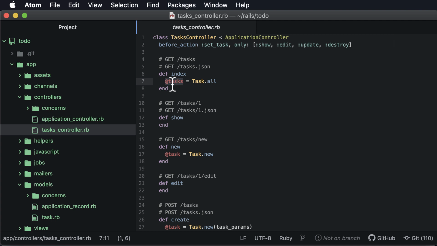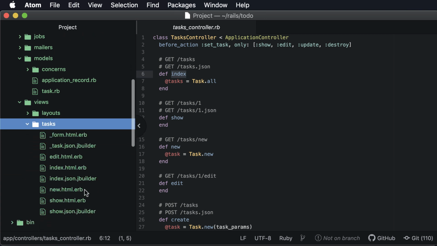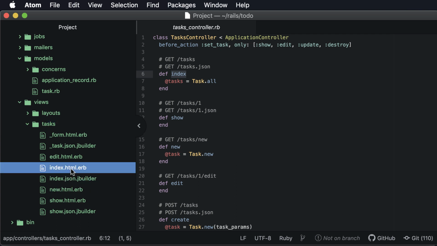Okay, so it seems like, well, that's it. Well, where's the HTML? Our HTML is stored away in the views folder. By default, the method name is index, and the controller is called tasks, so it looks in our views folder under the tasks folder, because that's the name of the controller. And we go down here to the index file right here. Since it's an HTML file, we've got the .html.erb. Now this index.json.jbuilder is if we're doing an API, which we can discuss later on. But we'll click on this